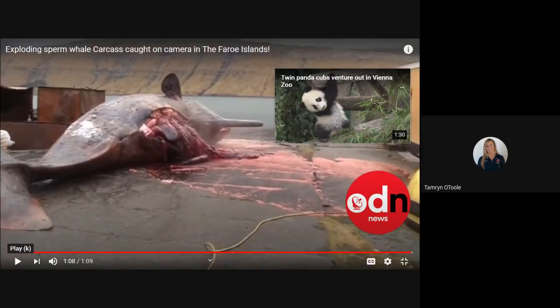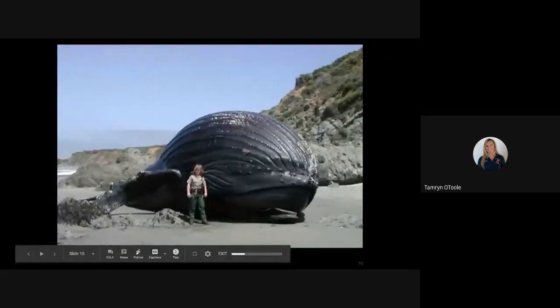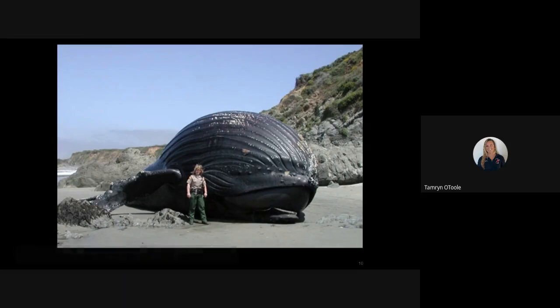Man, so you guys got to see a whale explode twice today. How interesting. Honestly, you're not going to get this in your math class or your English class. This is about as good as it gets. I wanted to share that because when we talk about decay bacteria, I can teach you all day long what it is, and we can talk about it, but until you see it in action,